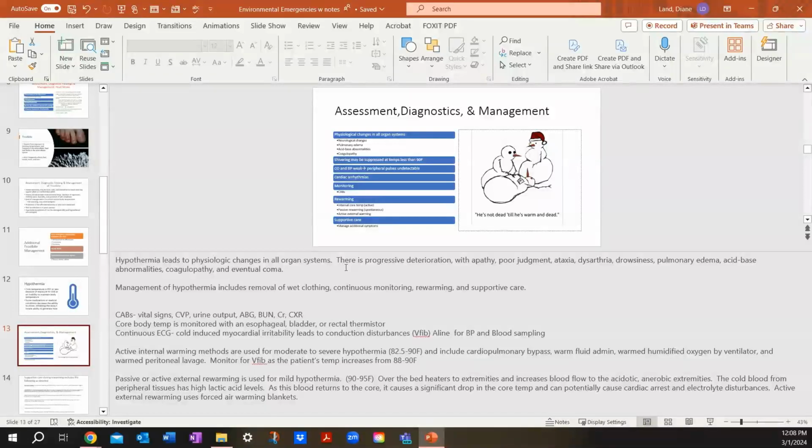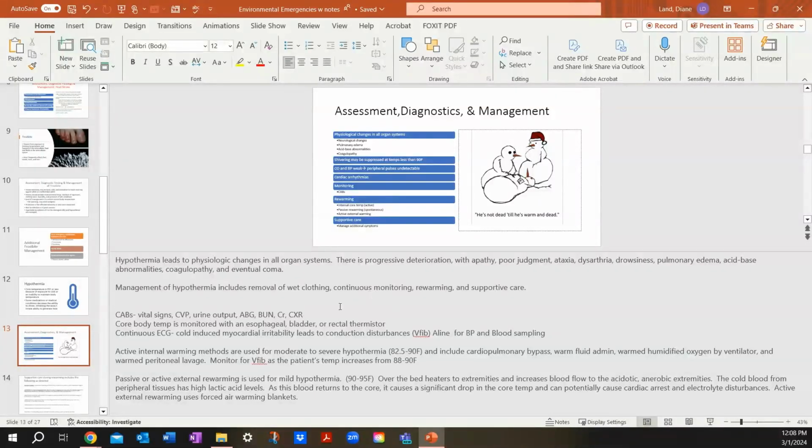Patients, when they start getting cold, are apathetic, they have poor judgment, they have ataxia, dysarthria, they can't talk, they're drowsy, and that's what happens. They get sleepy and they fall asleep in the cold. They can get pulmonary edema, acid-base abnormalities, and like we said, coma. Management of hypothermia: you have to remove those wet clothes, continuous monitoring, rewarming, and supportive care. So